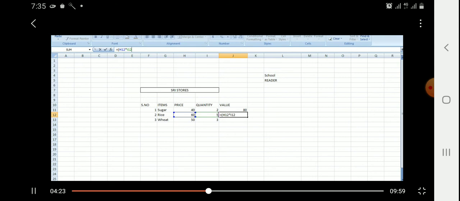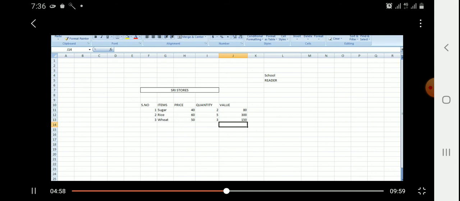Okay, students. So now I am typing the closing parenthesis. Now you can calculate the data. This is the answer. So MS Excel is used to do calculations like this. This is a simple calculation, student. Okay, now we are calculating for the next value. Equal to, we are selecting. No need to type the cell address and all. If you select that cell, automatically that cell address will be taken there.